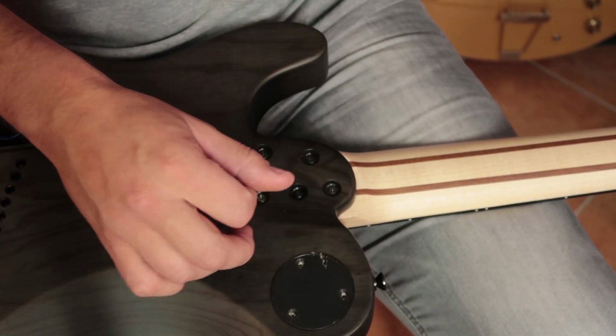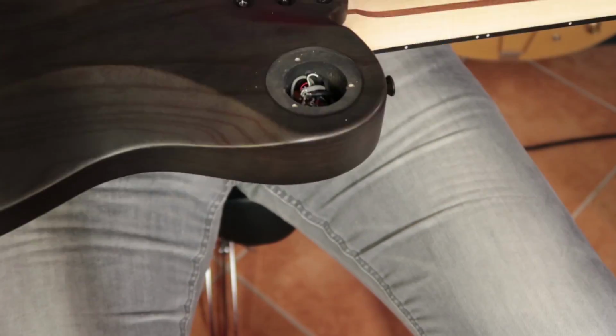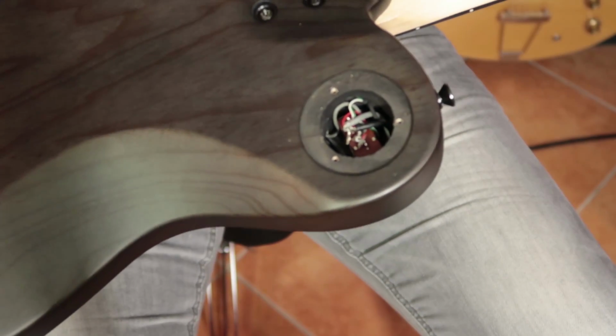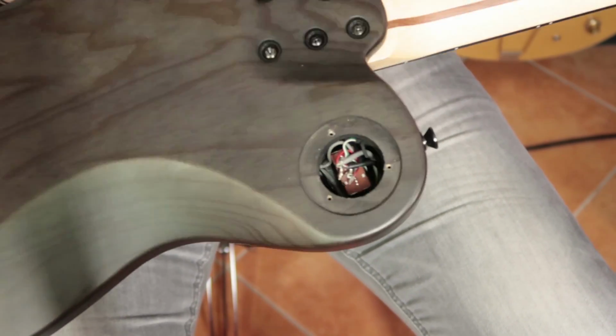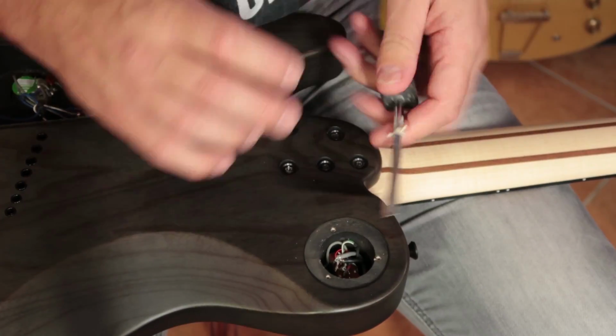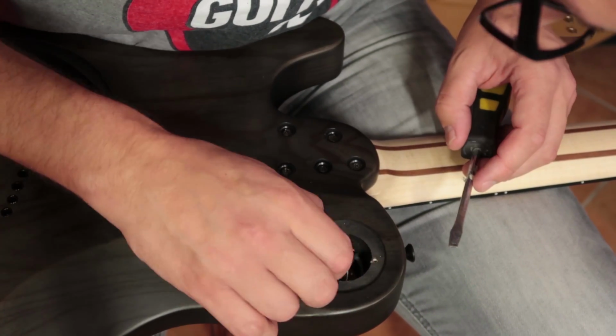That's a plus point. It's so well cut that I can't get the flipping thing out. That's really tight in there. There's a lot of wiring going on in such a small place. Rewiring that would be a pig, but I think these might be 4-wire humbuckers, which means if